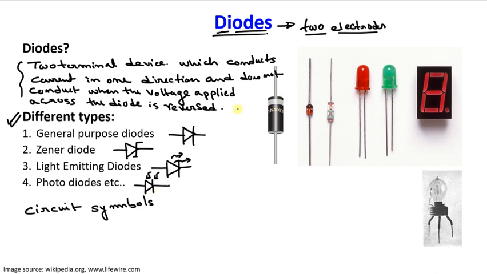And if we have to show the diode symbol for this general purpose diode, then we must show it like this, where this terminal is the cathode terminal and this terminal is the anode terminal. Anode is plus, cathode is minus, and the cathode terminal in a diode is represented by this line or strip, that is generally marked on each diode.